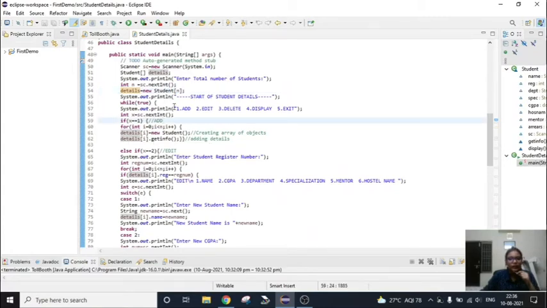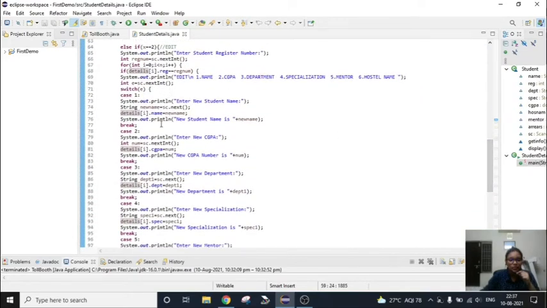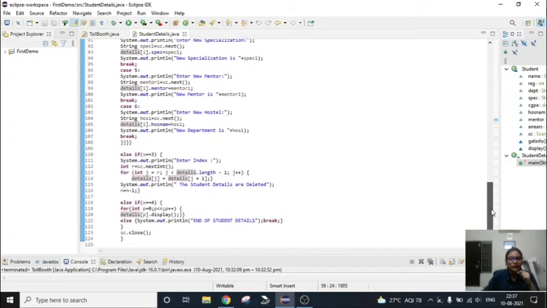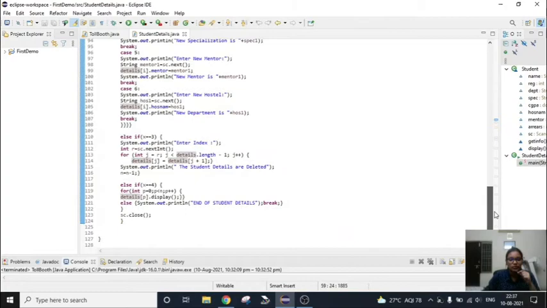While we are adding or while we are editing, we are going to use this number of students, and then we are going to increment them. So if this condition is true, using the while loop, I have given information so as to give an if condition, if else if. And then in this second if else, I have used a switch statement which is having different kinds of cases, and finally I have closed the program.